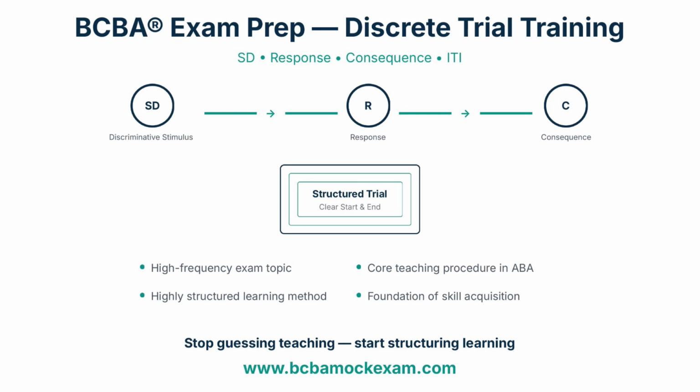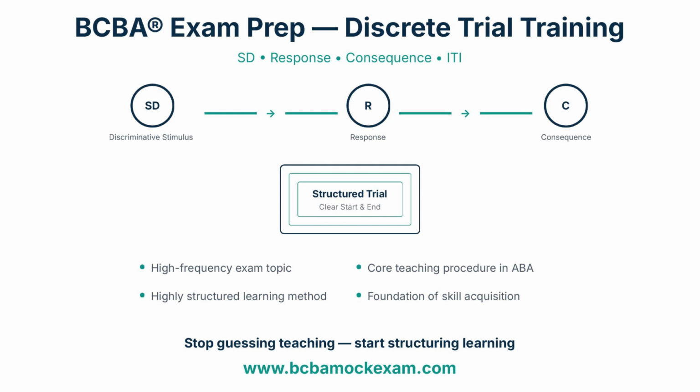Today we're going to break down one of the most important teaching procedures in applied behavior analysis, which is Discrete Trial Training, or DTT. At its core, DTT follows a very specific structure: a discriminative stimulus, followed by a learner response, followed by a consequence, and then a brief pause before the next trial. What makes DTT so powerful is that each trial has a clear beginning and a clear end, which allows us